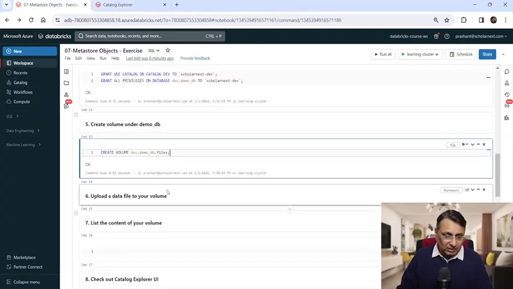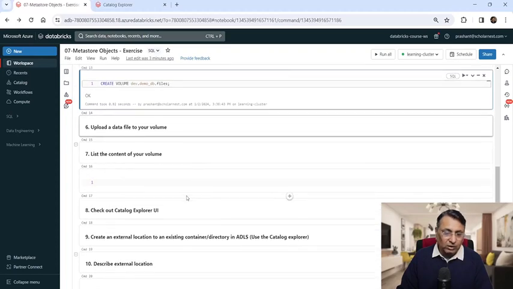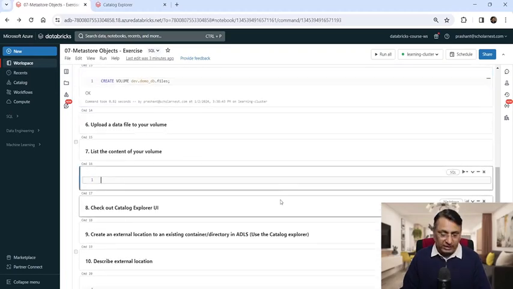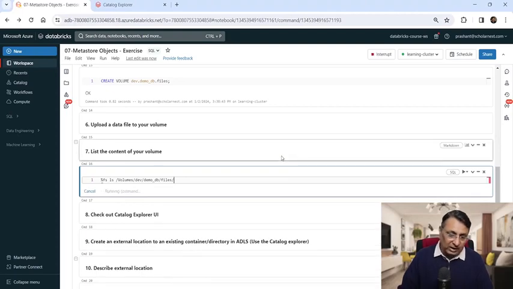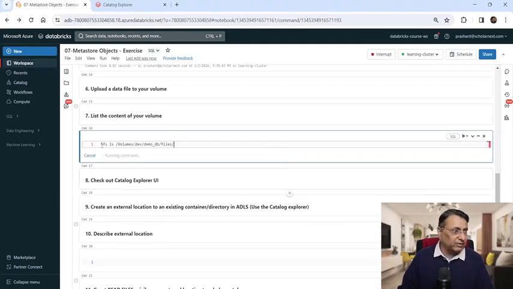Let's come here, upload the data file into the volume, and if you want to list the content of the volume, you can use the %fs magic command ls, and we already learned how to refer to the volume. So it should be volumes, then your catalog name, database name, and then files, and you can refer to the volume. So let's do the ls from here, %fs ls,